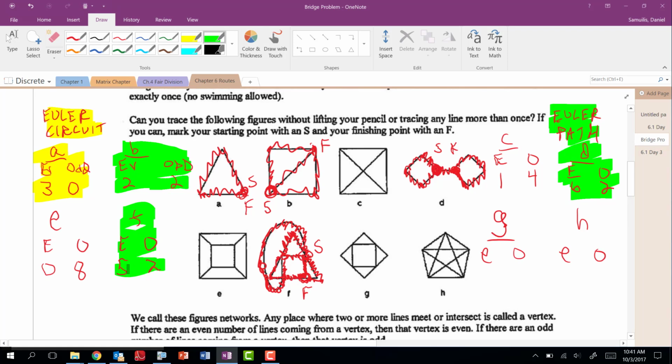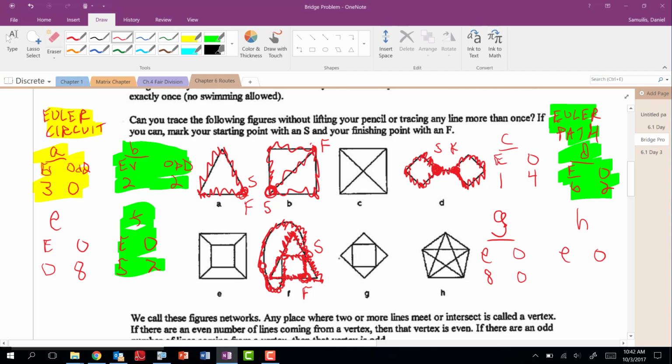All right, what's the next one? G. What are all of those vertices, I believe? Aren't they all something? They're all what? Oh my gosh, they're not telling me. I guess I'm on my own. Even. How many are there? 8 of them, I think? There's 8 of them, and none odd. And what were you able to do?